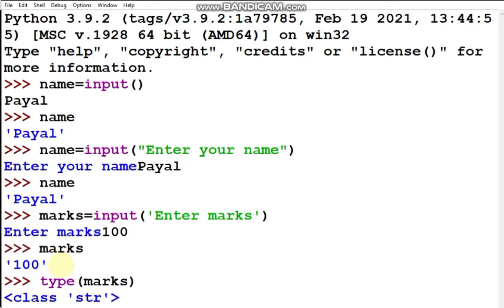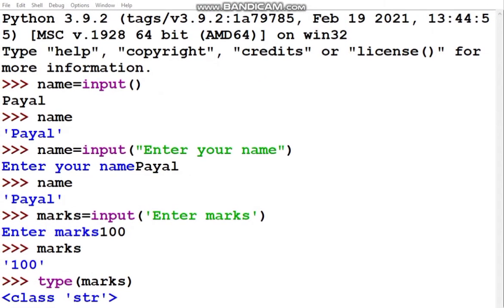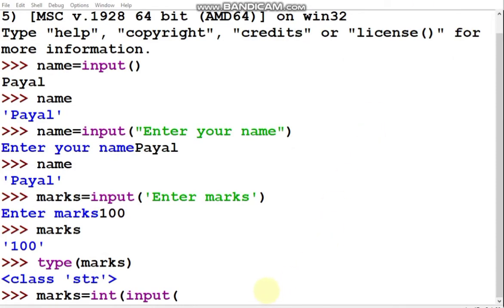But I don't want this. I want marks to be entered in integer value. So marks equal to int input, and now you can prompt the user. You may not write anything also, that also will not be an error, but close the input function, close the int function, both we have to close.